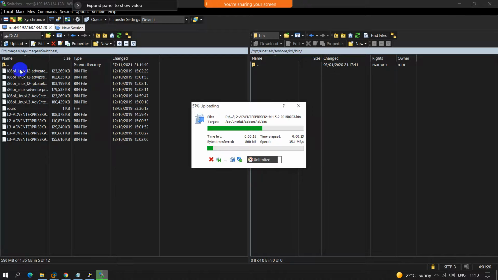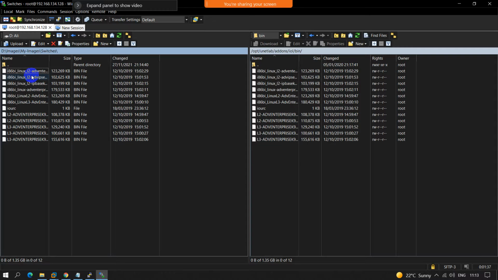So these L2 switches can be used as L3 as well as L2. But just to distinguish, they are written L2. L2 means this is a switch, and L3 means this is a router. So we now have two types of router: the ISO router which we installed, and these IOL routers and switches.